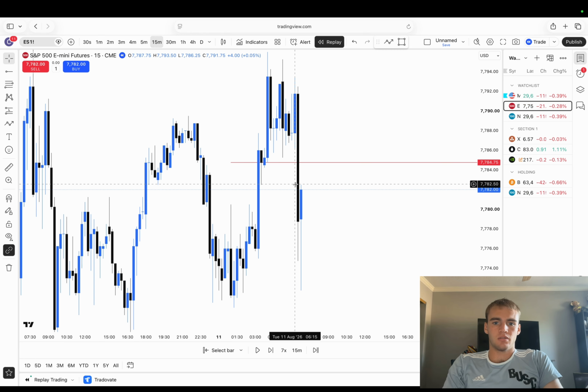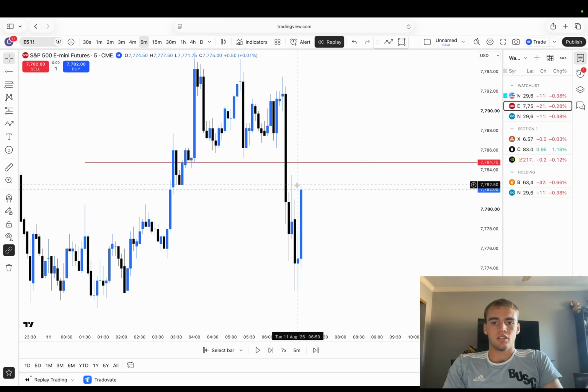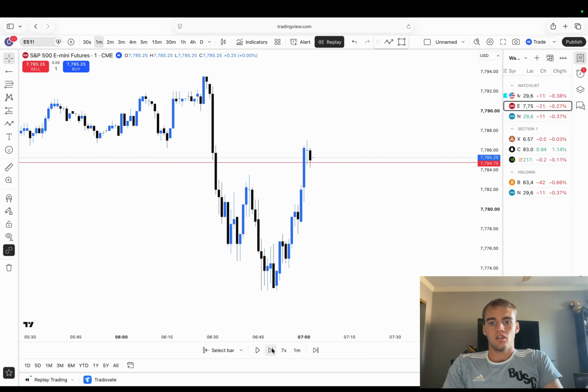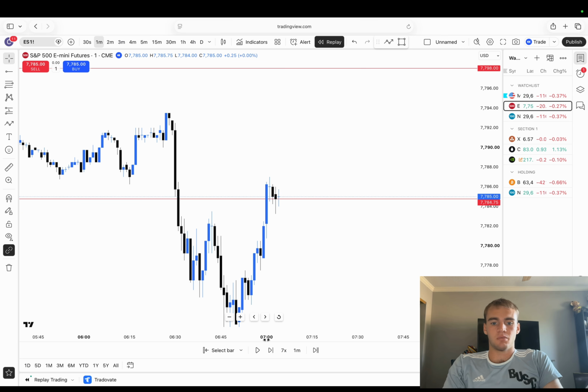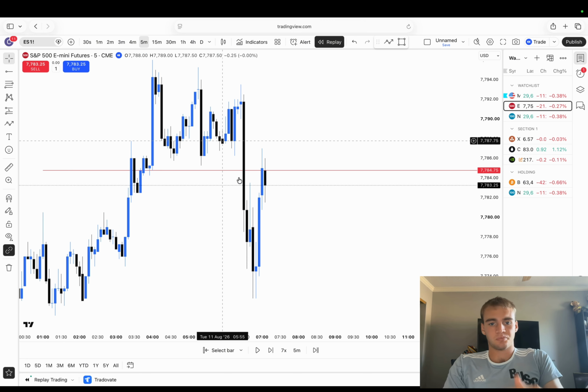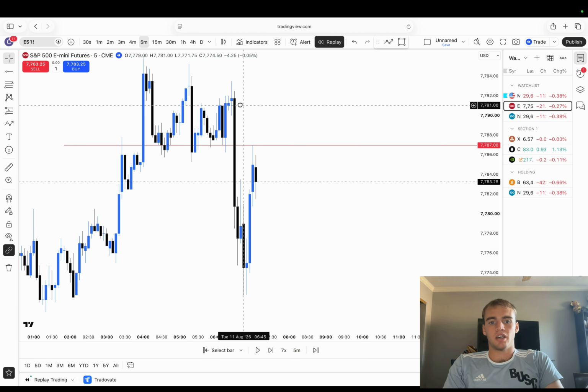Oh no, I didn't take it because we were going to create a 15-minute gap immediately right as this candle closed at 7 a.m. So I wasn't willing to take that. We end up continuing higher into the 15-minute. At this point, I just want to see a healthy retrace into 5-minute gap and then take continuations up to intermediate 15-minute highs.